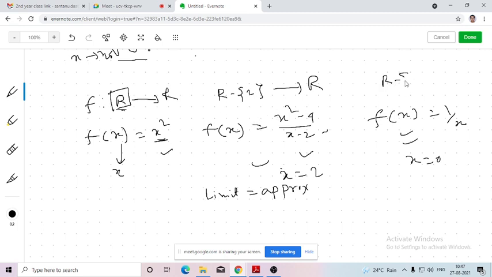Here, if I discard 0 from the domain, then it will be a function. But if I consider this as a domain, then either the function must have a definition at each and every value corresponding to this domain. Otherwise, if there are some values where the function doesn't have an exact value, then we need to check whether the limiting value exists. If the limiting value exists, then we can keep this domain intact. Or thirdly, if neither the exact value nor the approximated value exists, then we need to remove that point from the domain. Then only it will be a function, otherwise it will not be a valid function.